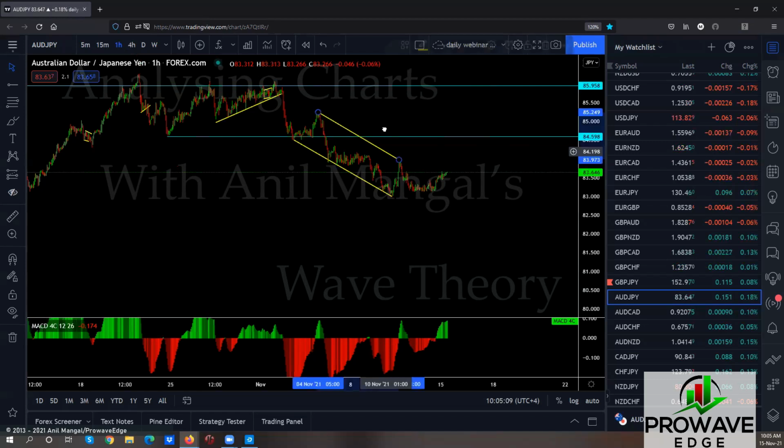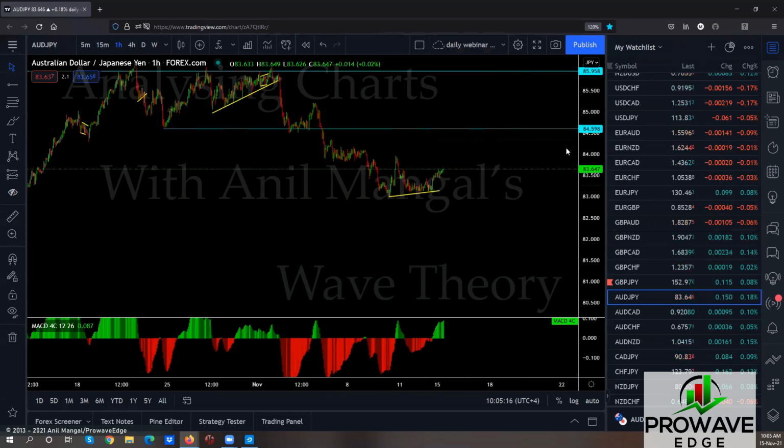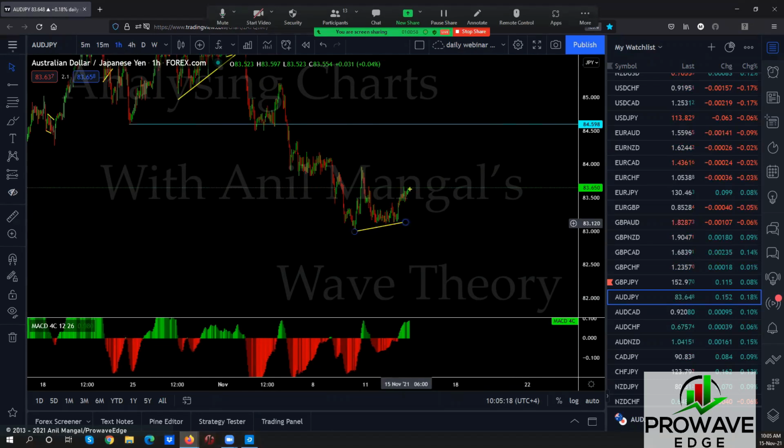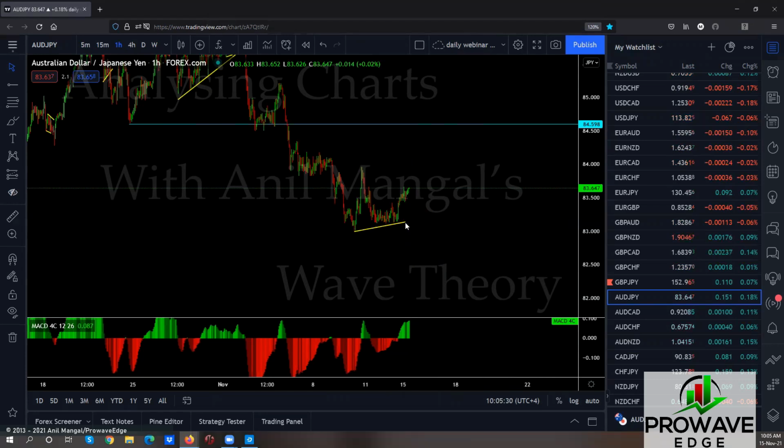This would be off because literally this is making a bigger flat. The downside, right? It's literally making a bigger flat. So I expect this to go up some more. Maybe come back here, go back there and then drop, or just drop to the bottom. So when it breaks the top, if we get a sell setup, we can go with that, right?